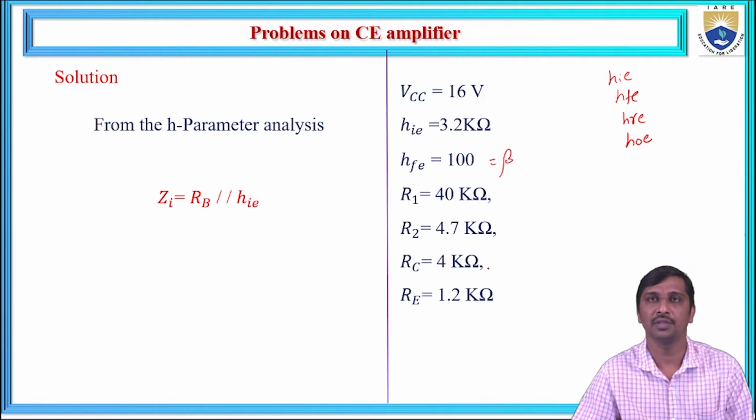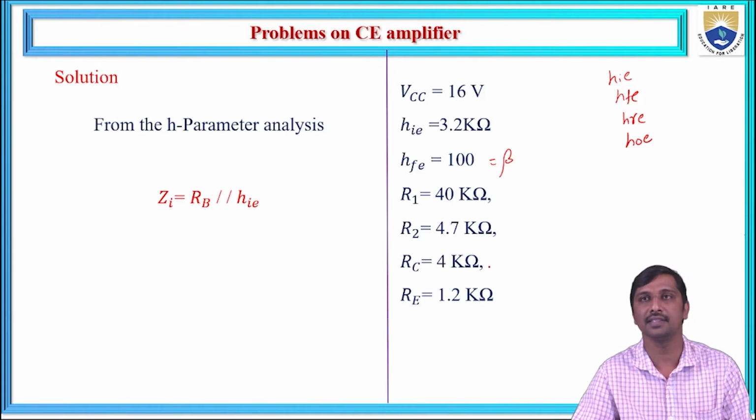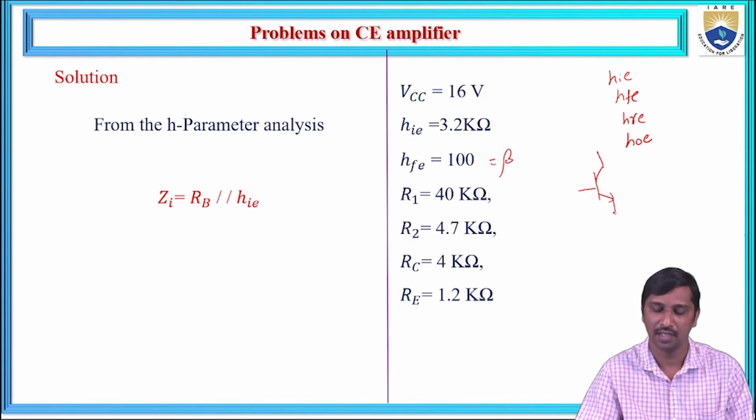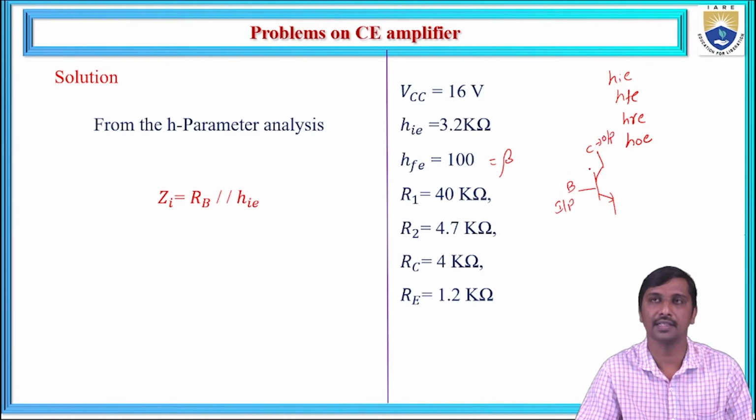So in that, based on the voltage divider network, the input side means the base resistance. We are going to use an NPN transistor. I'm going to choose the NPN transistor. Common emitter means the base terminal acts as the input side and the collector terminal acts as the output side. The emitter is common for the input side as well as the output side.